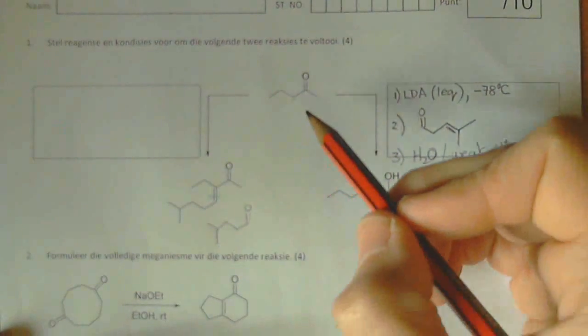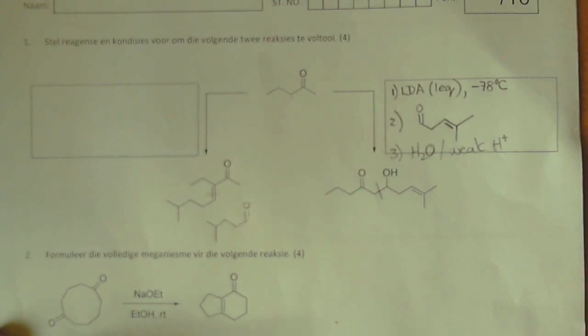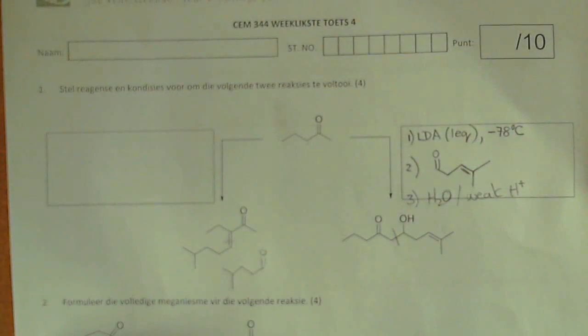Okay, so we want the kinetic enolate. We cannot use weak bases, no hydroxide or ethoxide or any of those sorts of things. We have to use